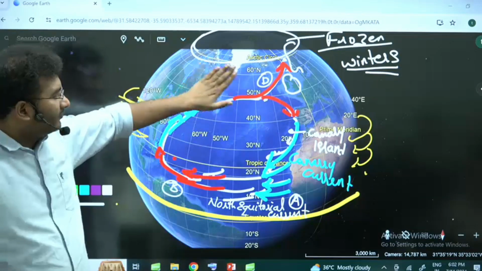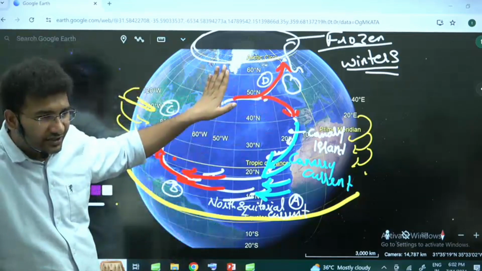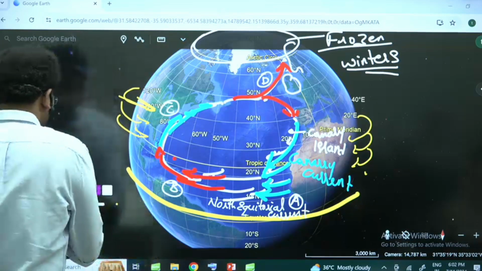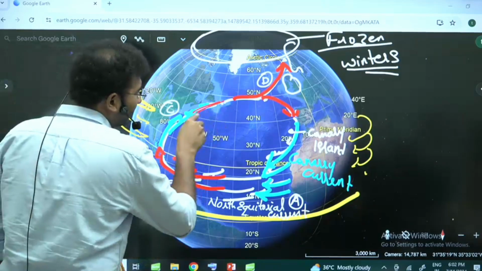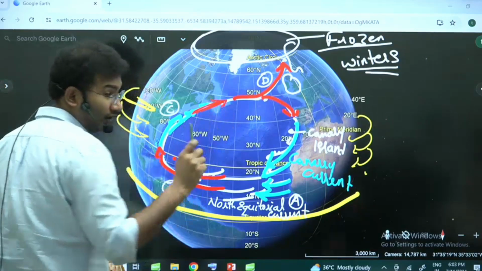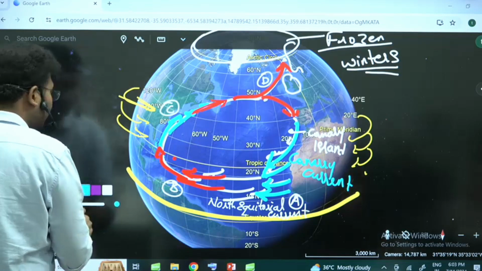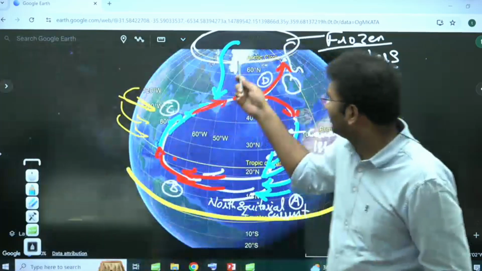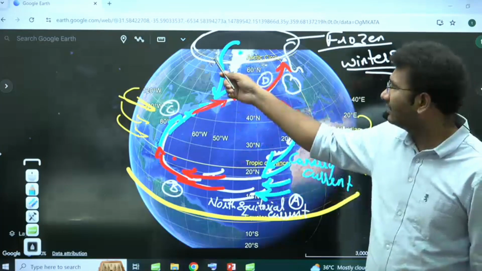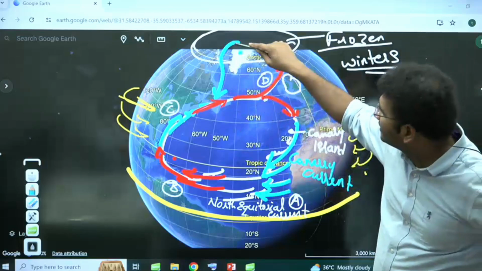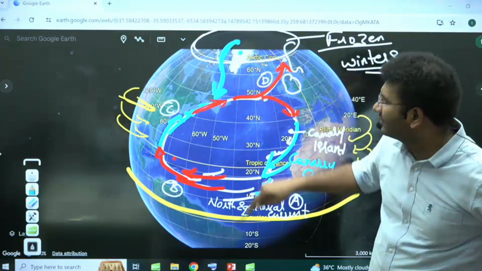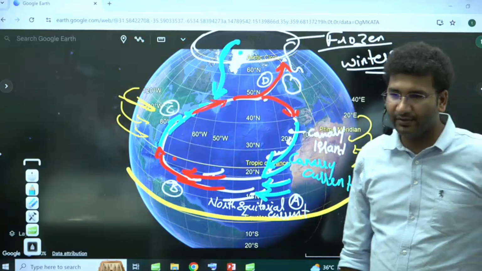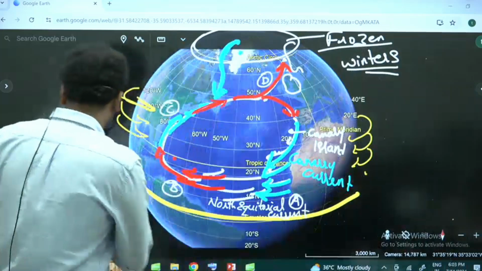Now come back. See, broadly you got to see this is how the water circulation takes place. And one more thing. I also told you that cold water would like to move towards the warm water. Now, here, this part of the area will also be comparatively warmer. I am talking about comparatively warmer water as compared to the water which is coming from this part of the area. See, this is your Greenland. Okay? And between Greenland and Alaska, there is some water which is coming and trying to mix at the east coast of Canada. Right? In your atlas, you will find a place named Newfoundland. Okay? This is called as